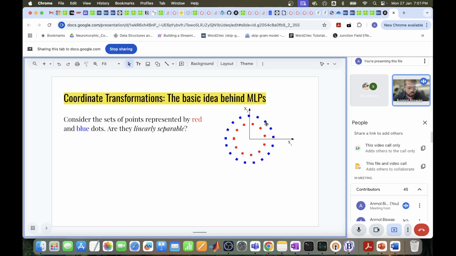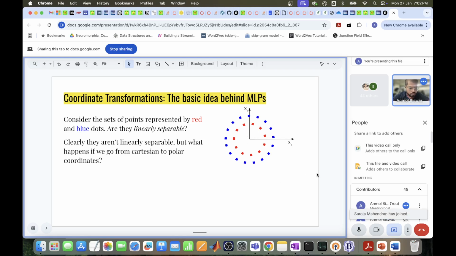There will also be some pattern or some structure to the data that allows your neural network basically to separate them, right? In this case, it's a very simple pattern that you can notice, and we can obviously take advantage of this if we just take these points from Cartesian coordinates to polar coordinates, for example, right? So if we go from Cartesian to polar coordinates and we draw the points again, basically you'll have two straight lines at different radii,